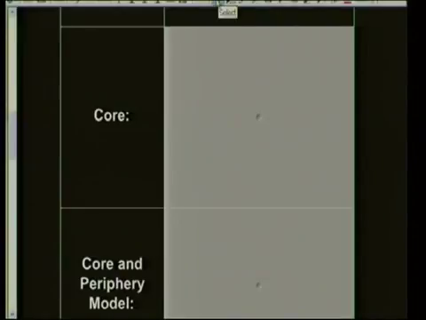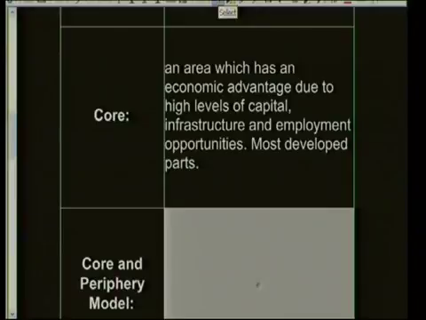All right. Now, the reason why we've got a definition for the word core is because one of the models that we are going to study in our frameworks for development is called the core periphery model. So we need to understand what is meant by this word